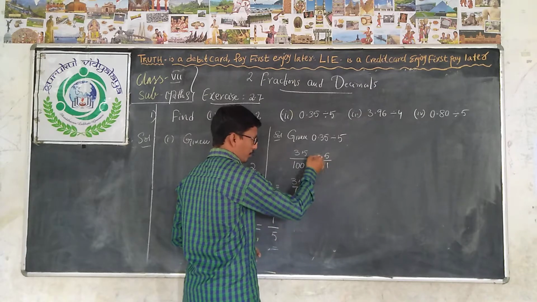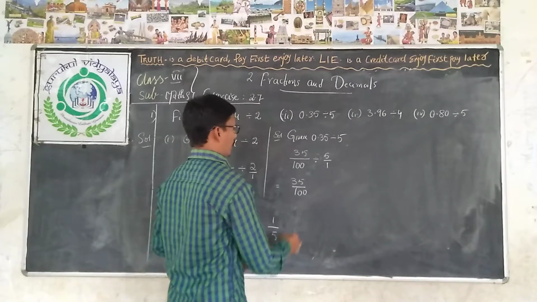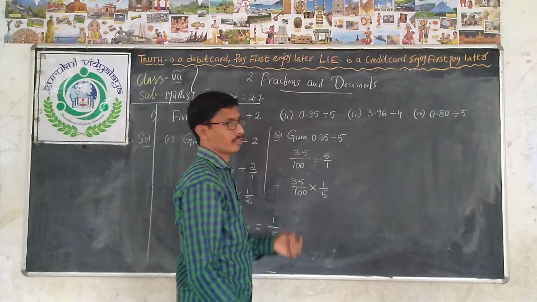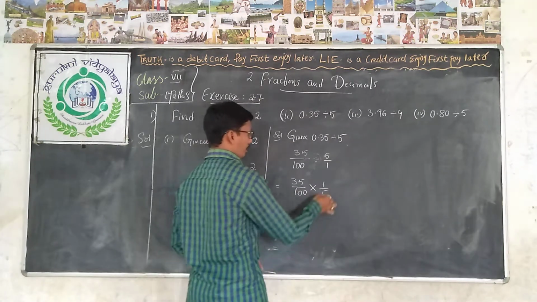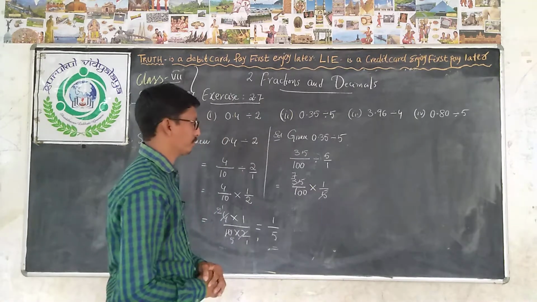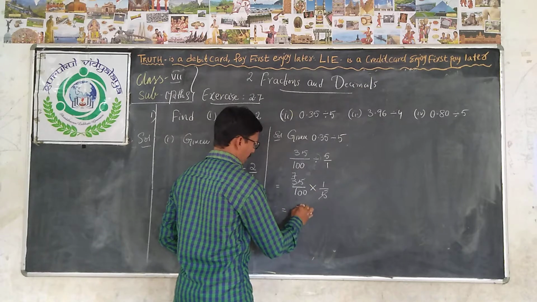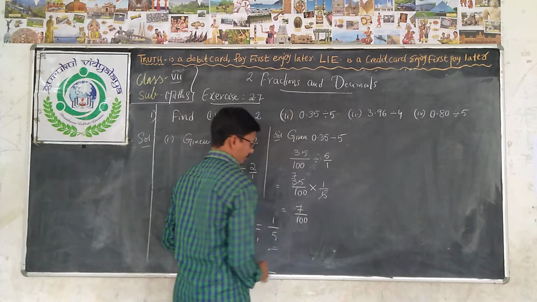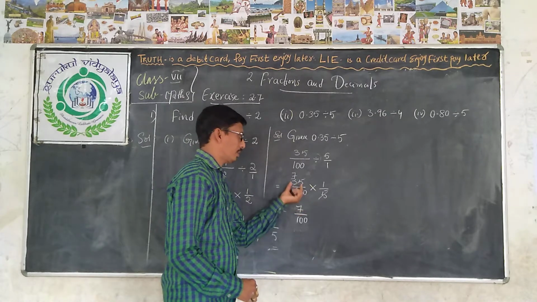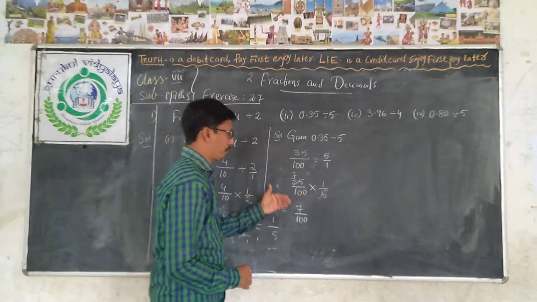So this division process you should change into the multiplication. So multiply by 1 by 5. Now 5 and 35 will go in which table? 5 table. How many times will it go? 5 7s are 35. Okay. Again 7 and 100, will they go in any table? No. So that is equal to 7 by 100. See, 35 and 5 both become 1, and 5 7 times is 35. So total 7 by 100.